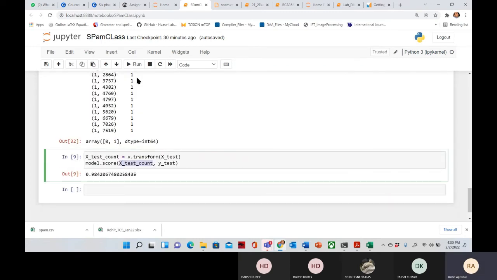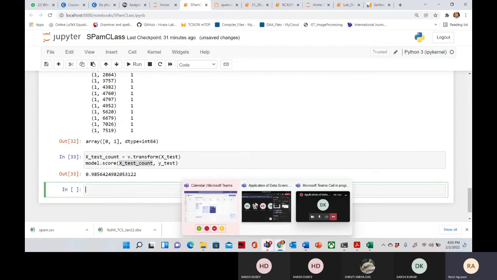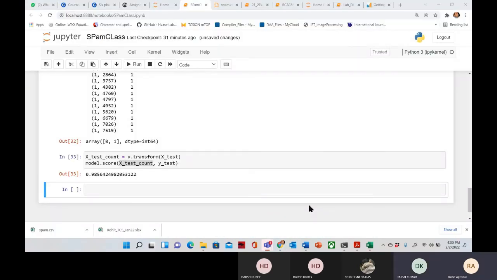Just run it and see. It is giving you around 98% accuracy. So this one is fine. I just tried to show you how the Gaussian classifier works on a large example. The example that I gave in the assignment was small, and the data was exactly in numerical form, that is 0, 1.